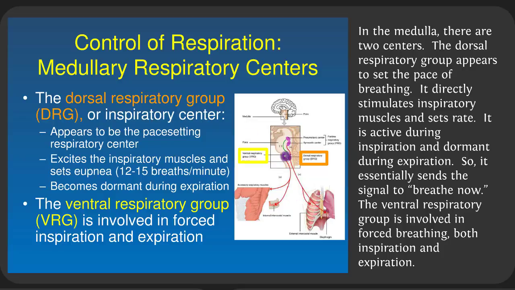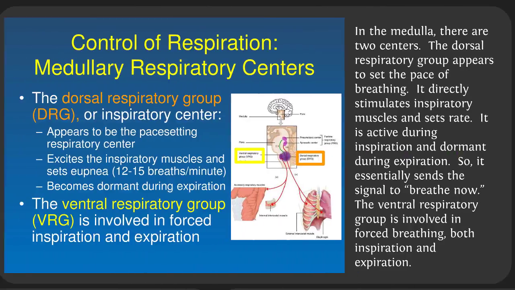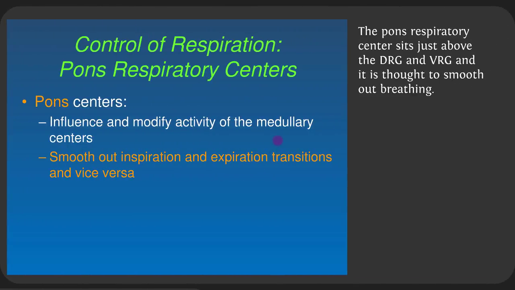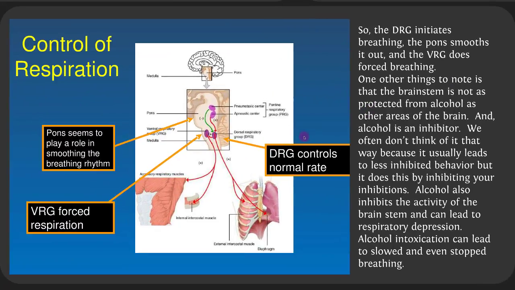The ventral respiratory group in front seems to be involved in forced breathing. So when you try to breathe in really deeply, inspiratory reserve or expiratory reserves. The pons is up here, and the pons tends to smoothen out breathing. That's what the pons is thought to do. So just to summarize, the dorsal respiratory group initiates breathing, the pons smooths it out, and the ventral respiratory